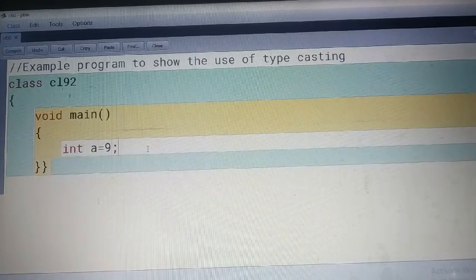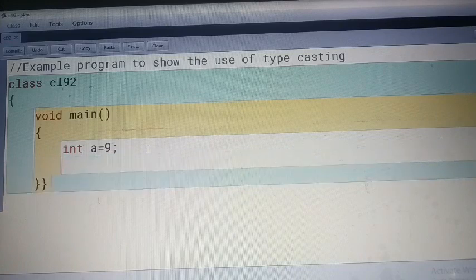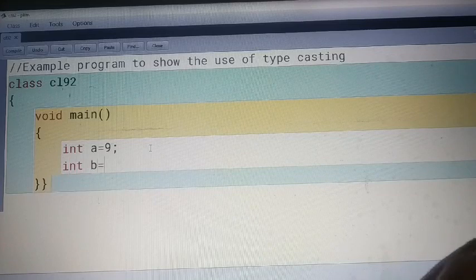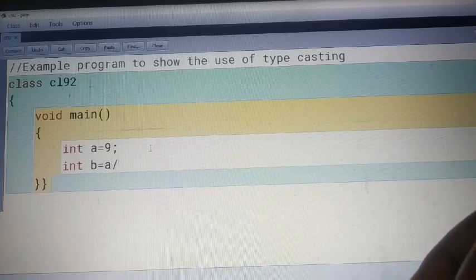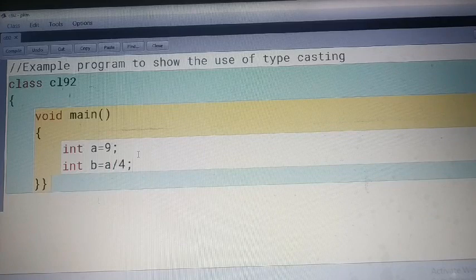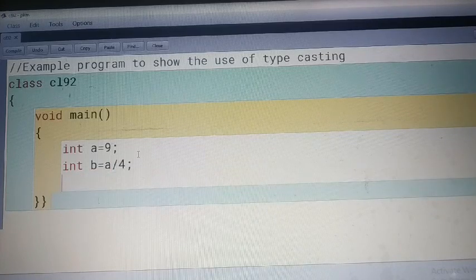I'm taking one variable, and I am going to perform some calculation like b equal to a by 4, and I want to print the result.